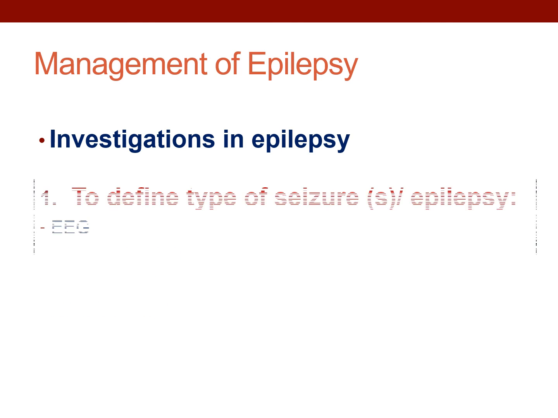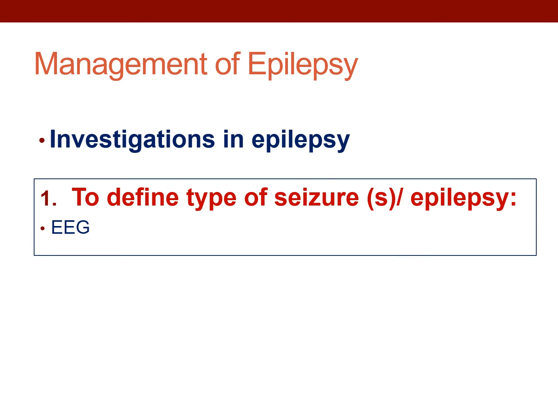Then, to define the type of the seizure, you would do the EEG. I'm not intending to go into the details of the EEG here because, like we said before, diagnosis of epilepsy is clinical, and that's what I want you to take from this lecture. But just to explain simply, EEG is electroencephalogram, which means that we are recording the brain activity by electrodes that are put on the skull. They are distributed all over the skull so that we can measure from the different lobes of the brain. The electroencephalogram gives you an idea if the brain activity is abnormal or normal.